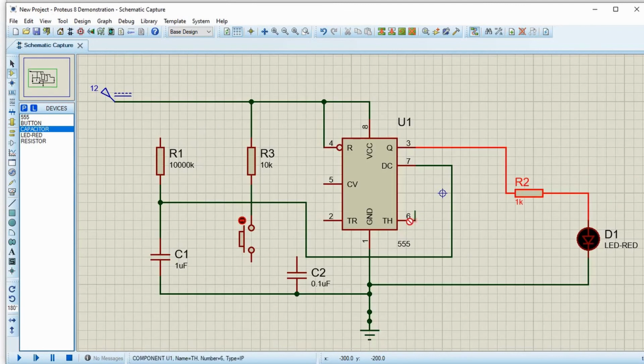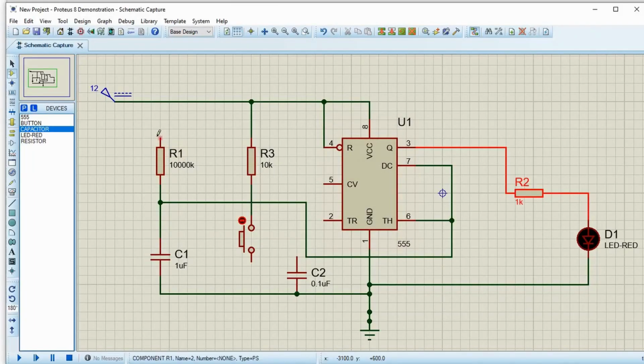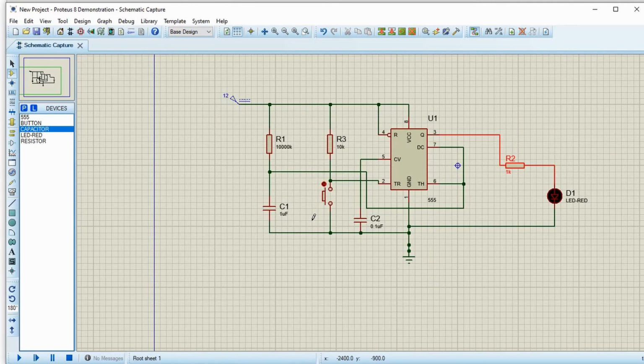And threshold is connected. I connect the trigger to the switch and let's start the simulation.